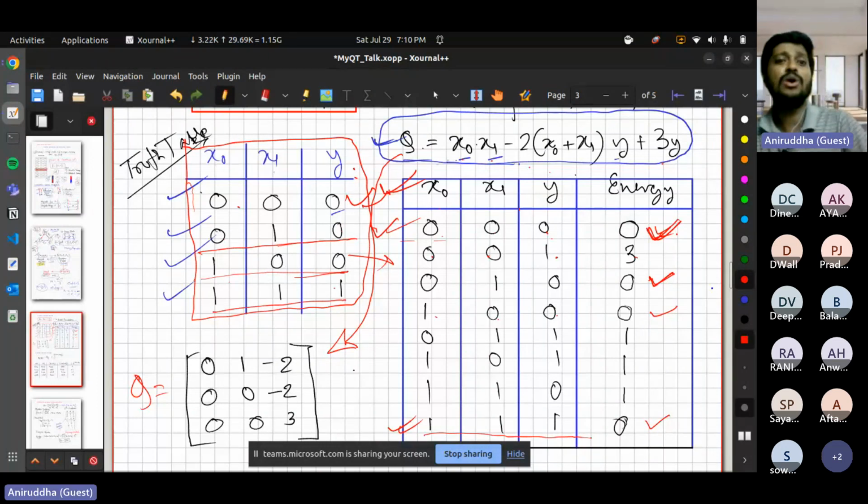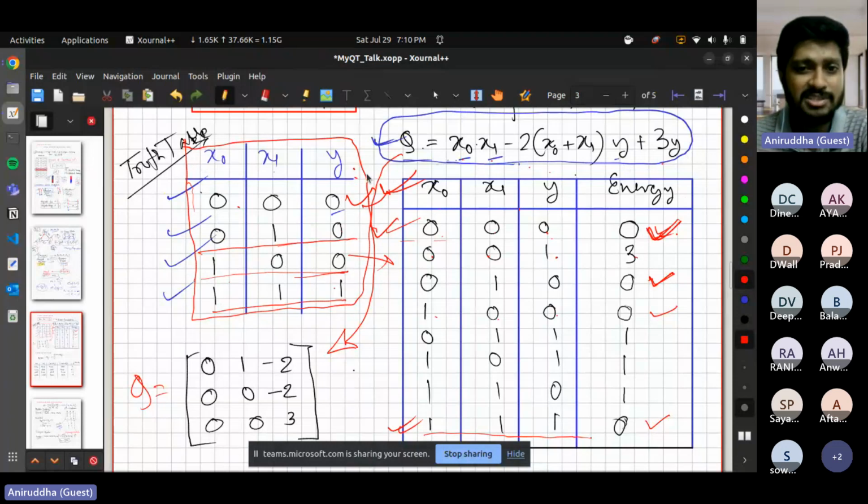So when we talk about simulating an AND gate, we are only interested in these four possible outcomes out of these 8 possible combinations, right? With 3 binary variables we can get 8 possible combinations, but we are only interested in these 4 because these 4 represent the AND gate. The rest do not. Because 1, 1, 0 is not an AND gate expression. 0, 1, 1 is not an AND gate expression. This is the OR gate expression.